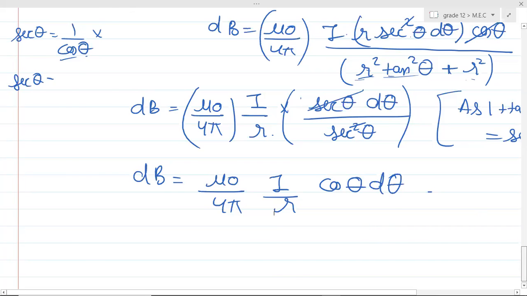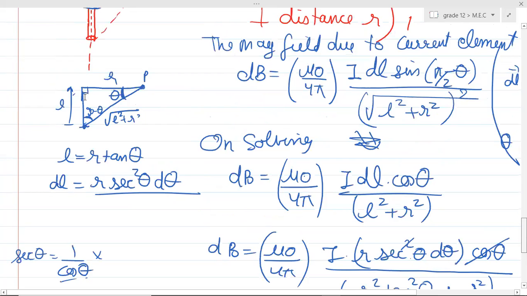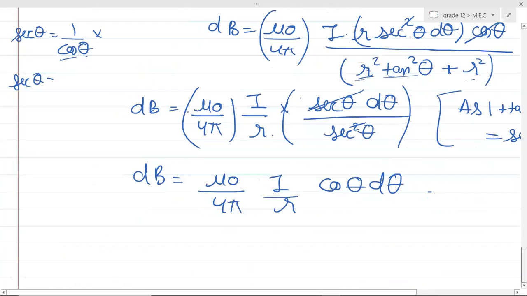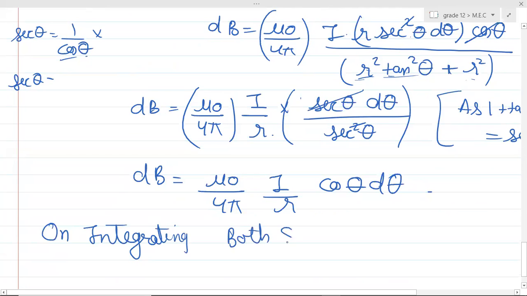Now see this particular thing, all the elements will have magnetic field in that direction, only in the direction of B, which I have given over here. So basically when I integrate the magnetic field at this particular point due to this element, will I get the total magnetic field due to this whole wire at this point? So basically we need to do what? We need to do integration. So on integrating both sides, we get,